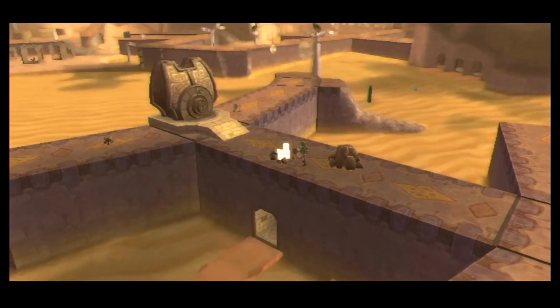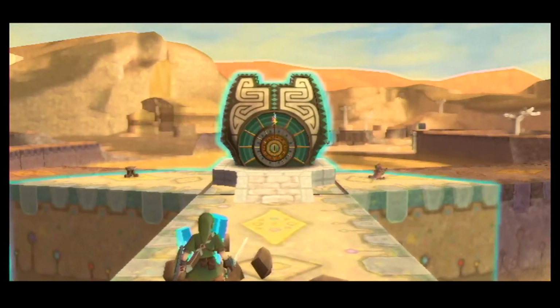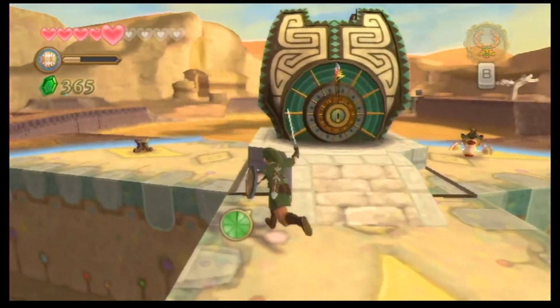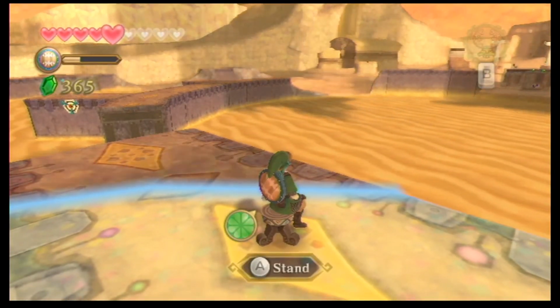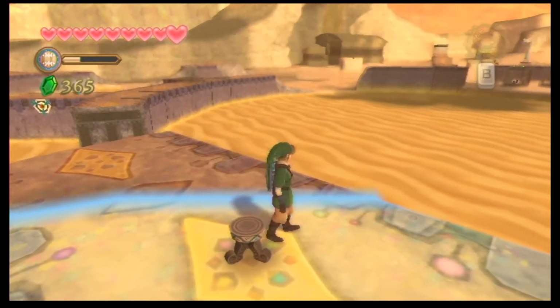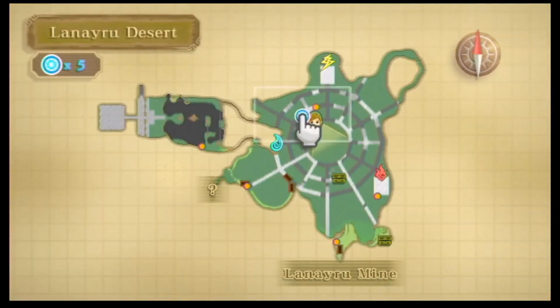So now you can activate the time shift stone here at the main generator. And now that we've activated all these smaller generators, you're going to want to check out your map and see which direction all of the little the water, the flame, and the lightning bolt are, and you want to line them up